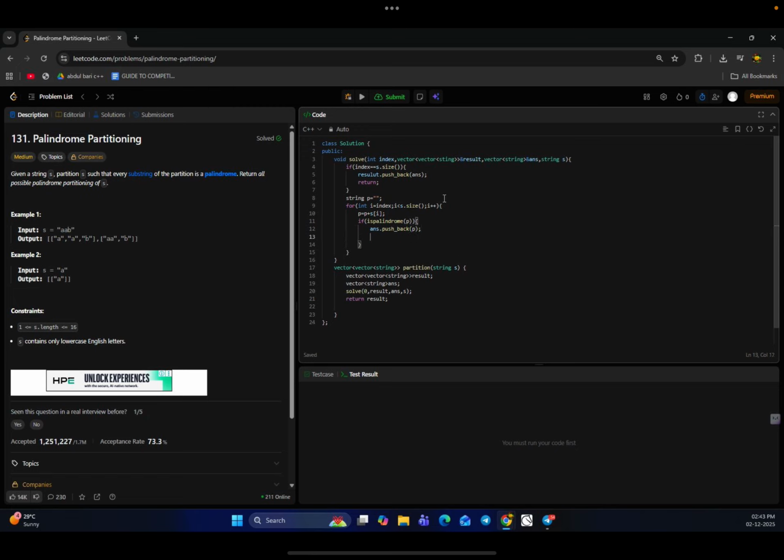and again solve for i plus 1. I have told you why we need i plus 1, and result and answer and string s. Then for backtracking logic, answer dot pop_back. I hope this is clear, and